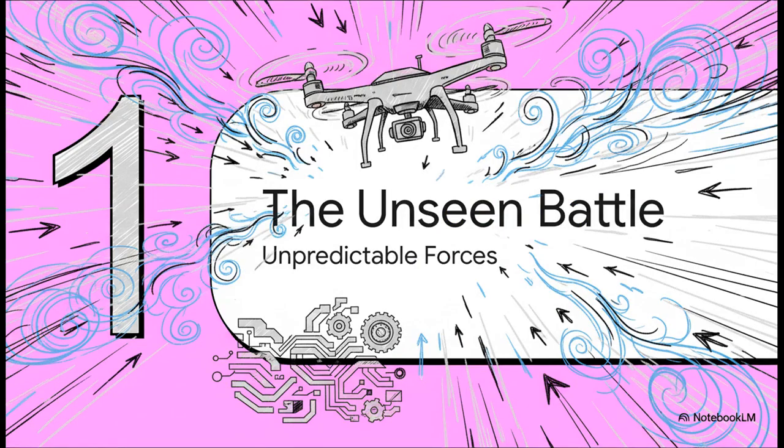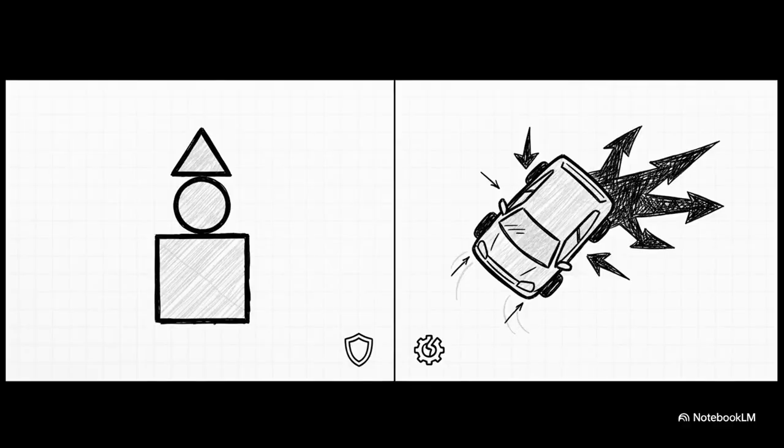You know, every advanced system out there is fighting this kind of unseen battle. Let's go back to that drone. It's not just dealing with a simple, steady breeze. No way. It's getting hammered by chaotic, totally unpredictable gusts of wind from every direction. And these are the kinds of forces that can throw it off balance in a heartbeat. So the goal, always, is perfect stability.